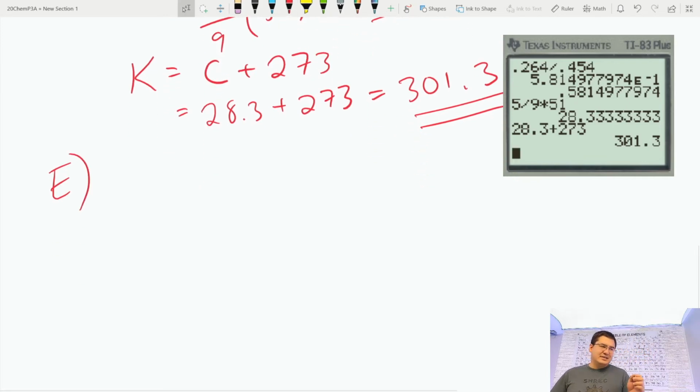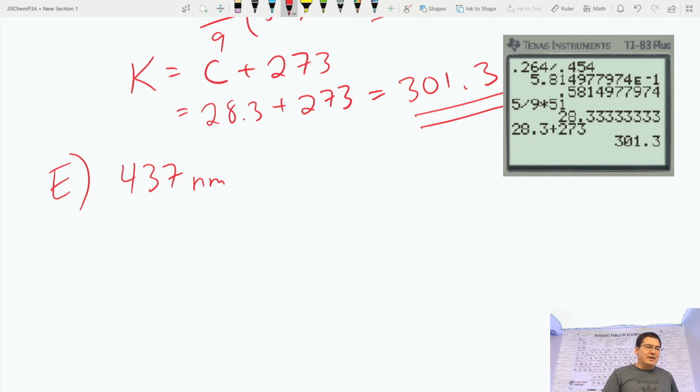has a little tiny prefix, a nano prefix. So it said take your favorite color from the rainbow. I had picked a blue color. It was like royal blue, 437 nanometers. Now a nanometer is really small. A nanometer is a billionth of a meter. So, and again, you just look,